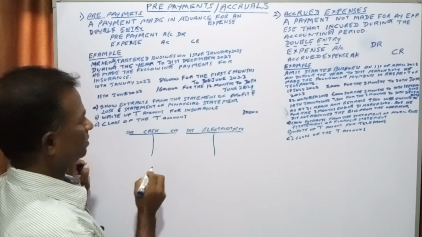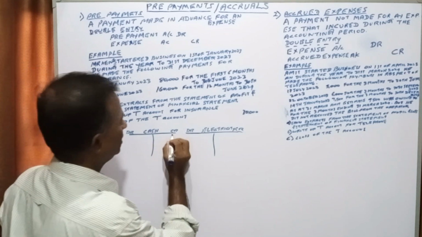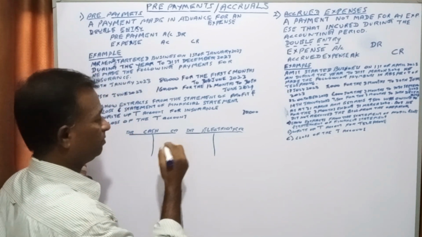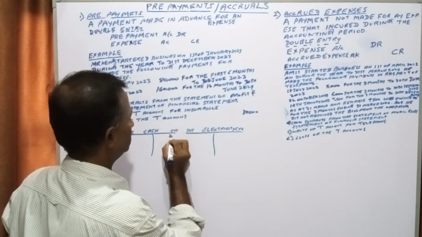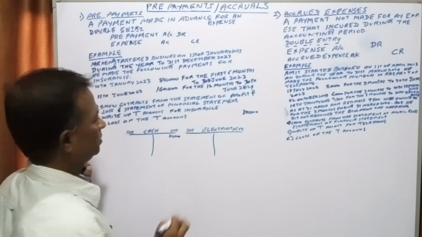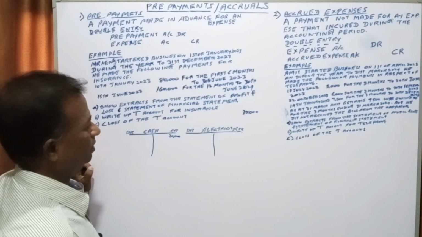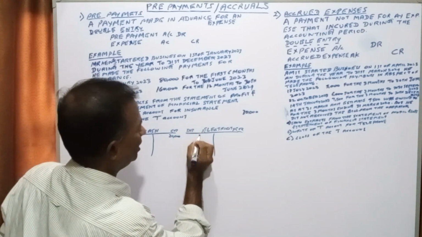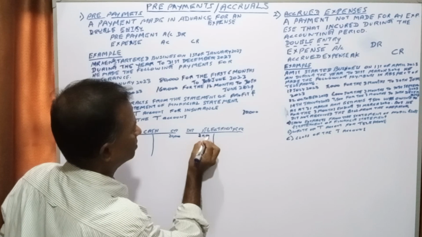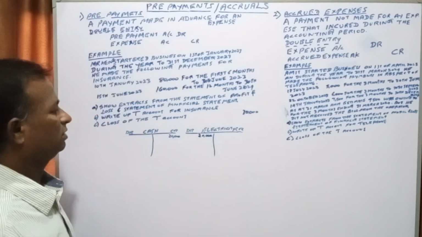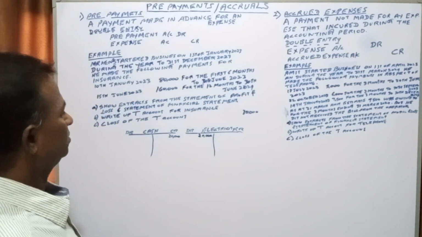Cash account is always credited, because when you are making the payment of 20,000, it is a credit, and electricity expenses is 20,000, right? So